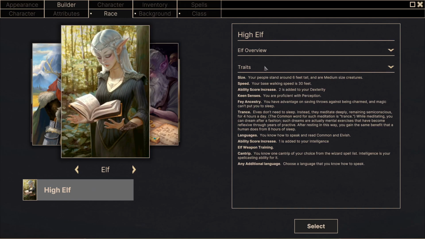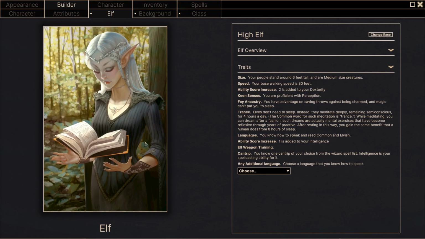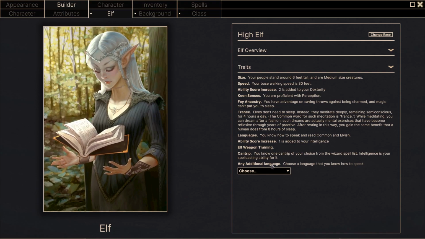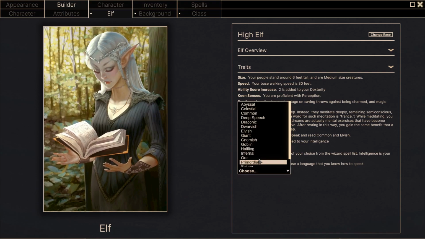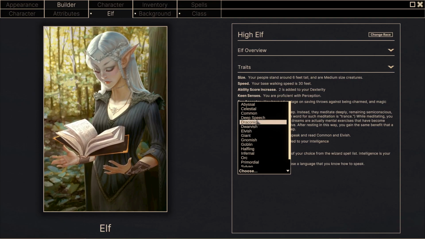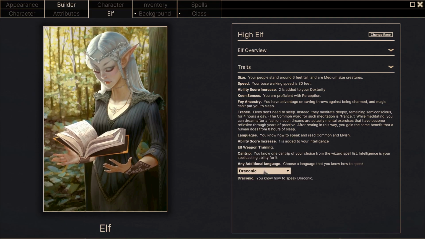For this cleric, I think we'll just choose an elf, which is a high elf. A high elf is the only subrace allowed by default. I will note that I will select this, and we can make choices like what languages it can speak. So I will just choose one. This will get added to my character sheet, and we'll see all of these stats and things automatically get added